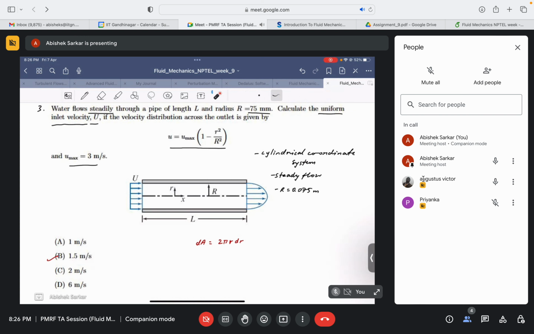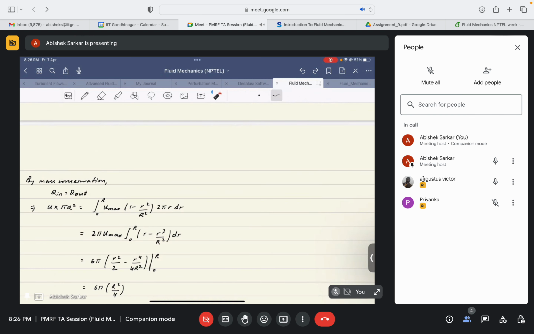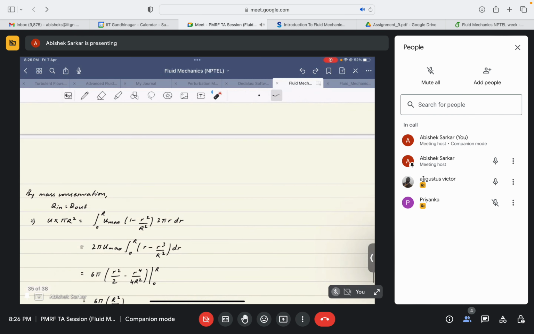No, sir, I'm sorry. I would like to see the concept. Oh, sure, no problem. Okay, let's go through the solution slowly. So you at least know how we got Q in equal to Q out, right? Yes, sir, because the flow is steady and since they haven't mentioned that the density is